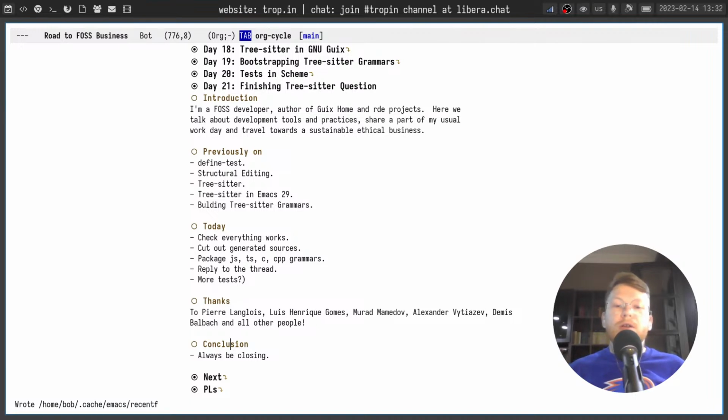You just install Emacs Next, you install a few grammars you would like to use, and you can use them. Maybe packaging additional grammars and additional modes for supporting those tree-sitter grammars will be required. But we already have all the tooling for it. It's just a matter of